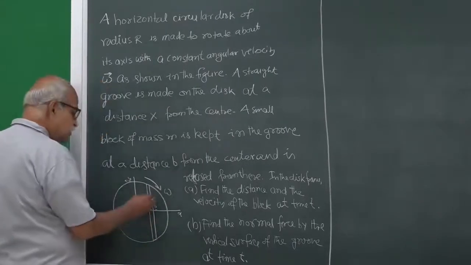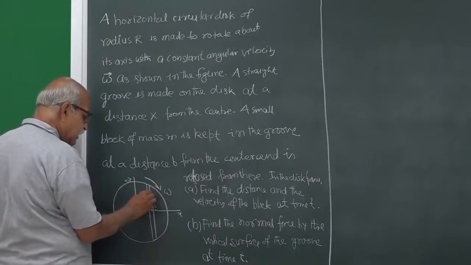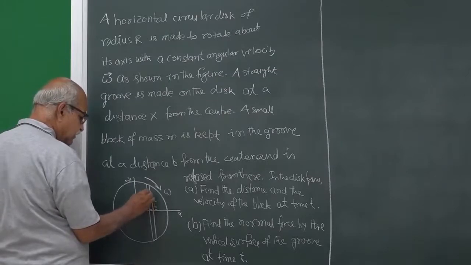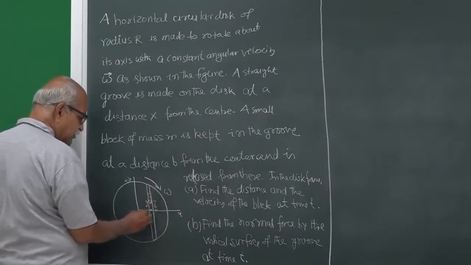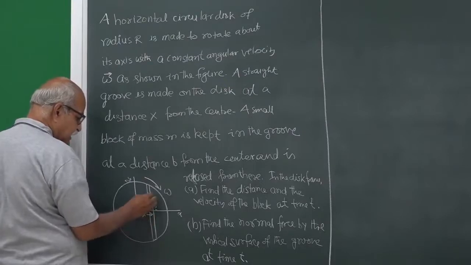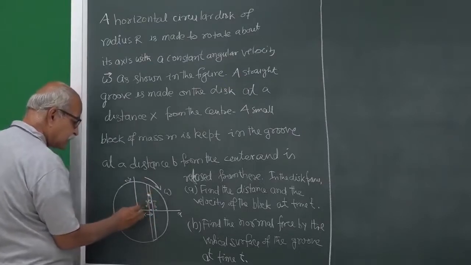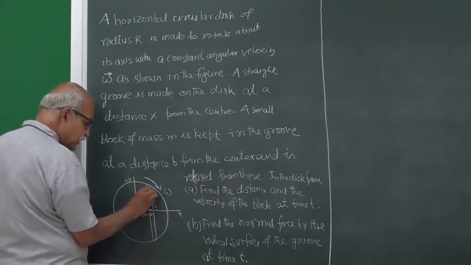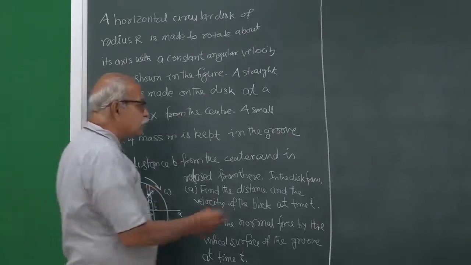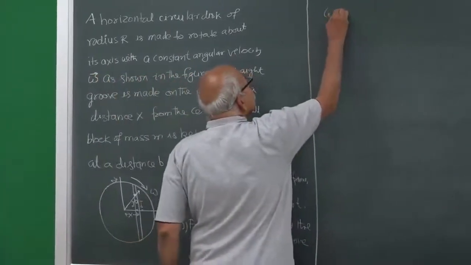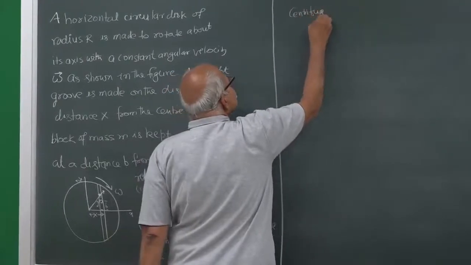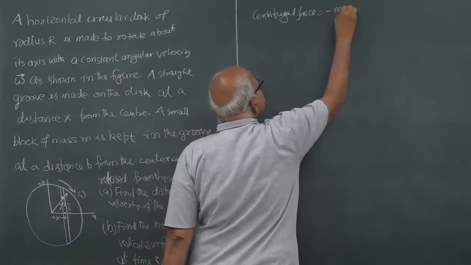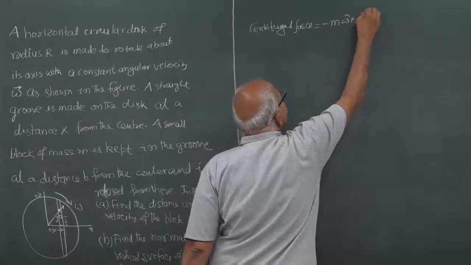So, if at time t it is somewhere here, let us say, and this y coordinate is y here, and the x coordinate is fixed, the x coordinate is capital X, then we can write the forces on this block that we have to take care of. One is centrifugal force, and that is equal to minus m omega cross omega cross r,